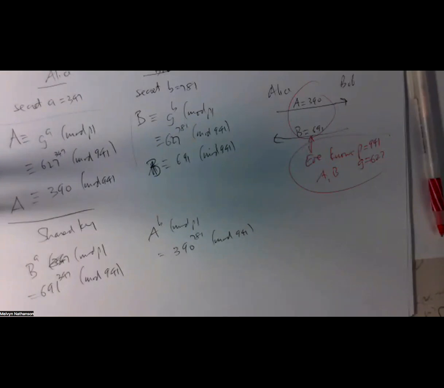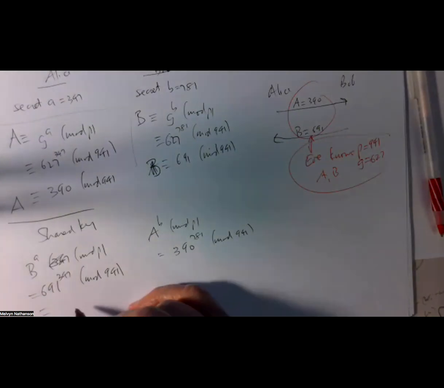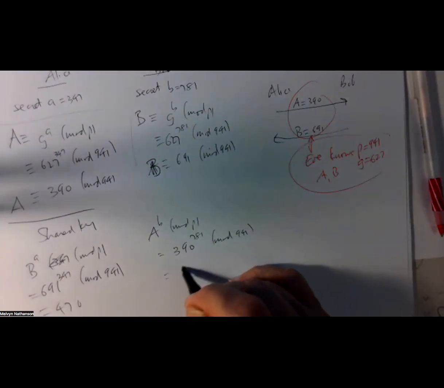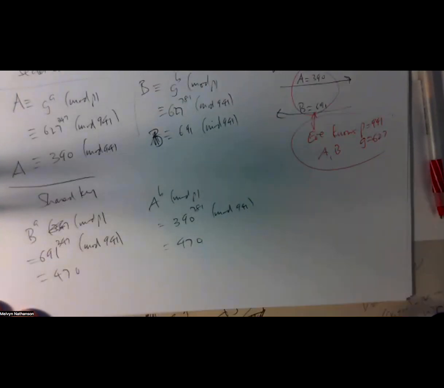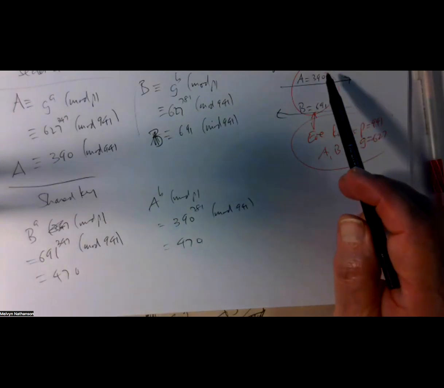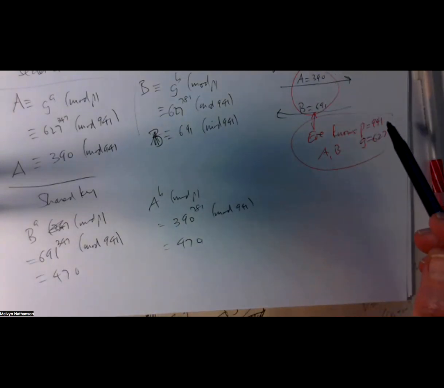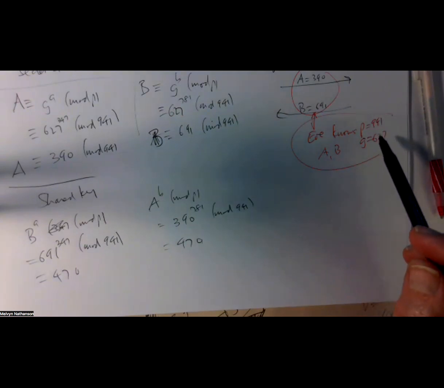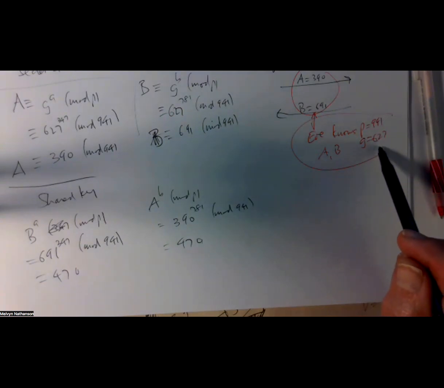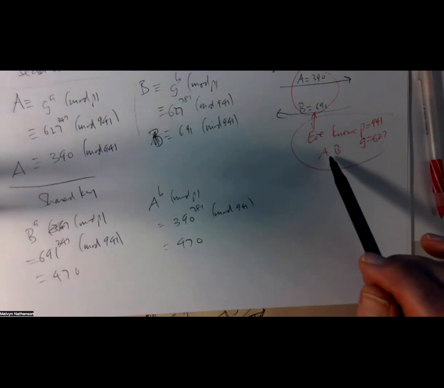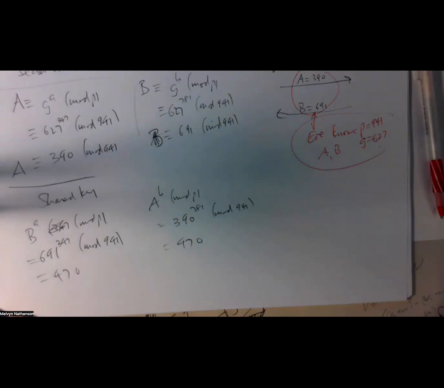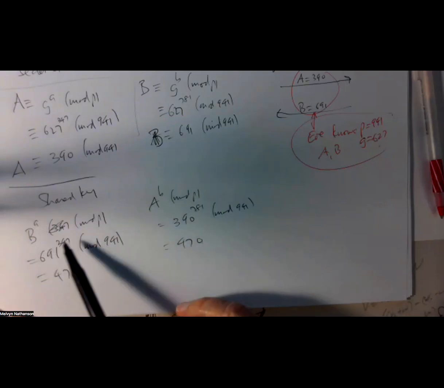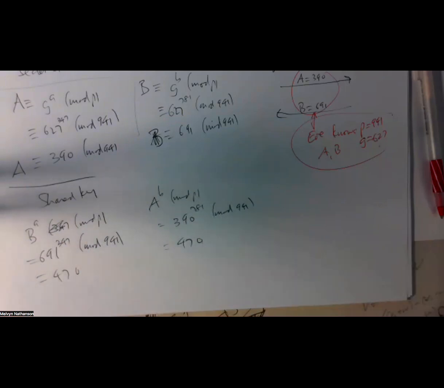Right? So in both cases, this is 470. Right? And Eve, there's no way from the numbers 390, 691, the prime p equal 941, the primitive root g equals 627. There's no way Eve can find this number, 470. I mean, she could do it if she could solve the discrete logarithm problem, because she needs to know either little a or little b. But the whole